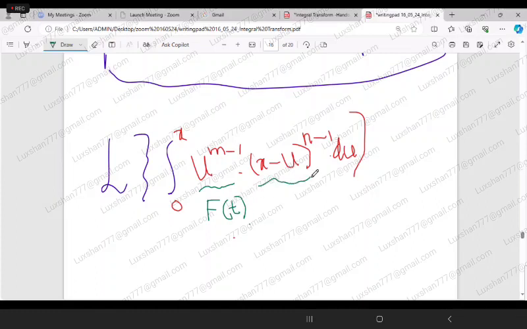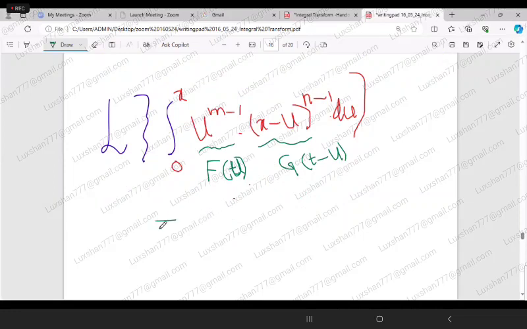You can take the first as your f(u), and the second as your g(t minus u). So then, obviously, we know that this is nothing but the Laplace transform of